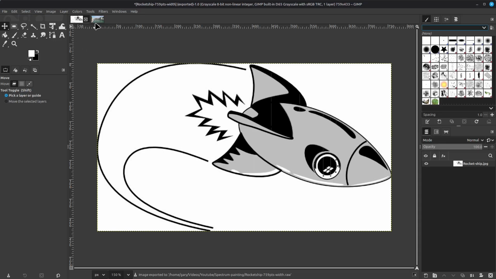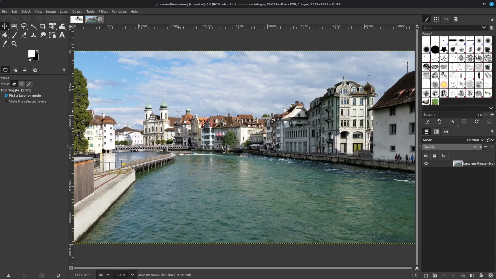To demonstrate this with an actual color image, this is one showing Lucerne, Switzerland, and the Reuss River. The first thing I might want to do is, this is an awfully large image. It's 5312 by 2988. I might want to drop that down a little bit. To be clear, if I wanted to, I could leave this as is. The flow graphs and the tools that I'm going to show you can handle this size, but it's going to be an awfully large image file-wise,